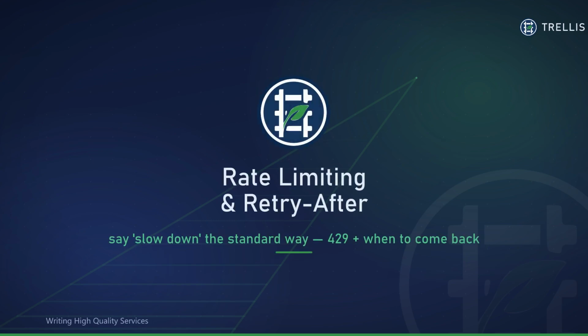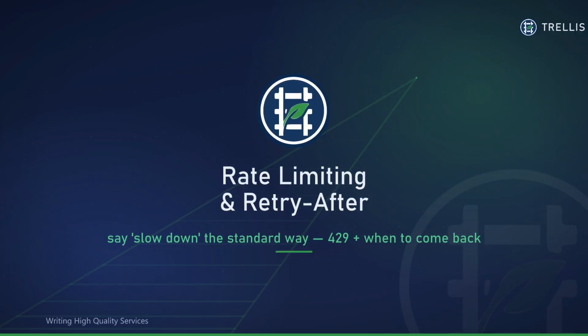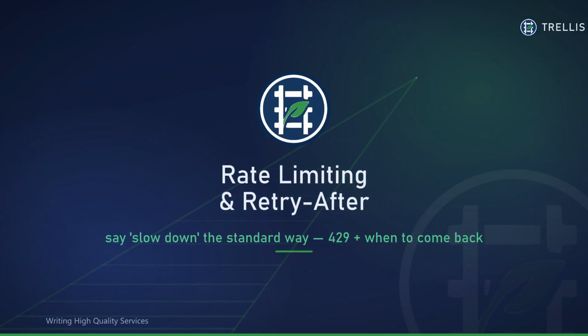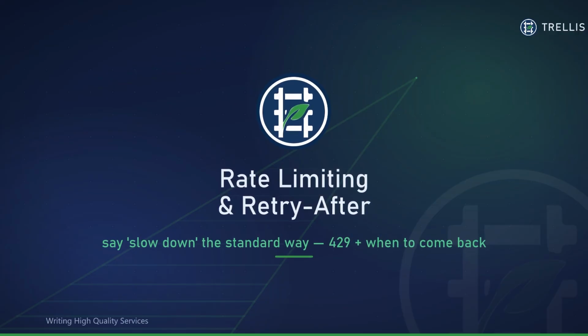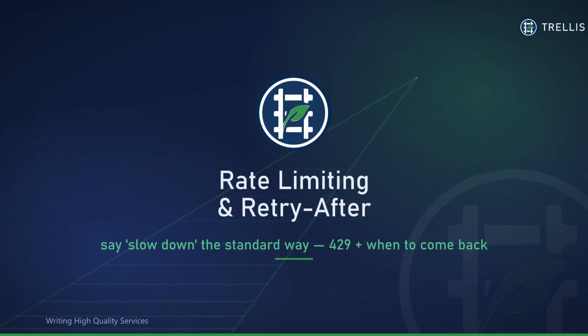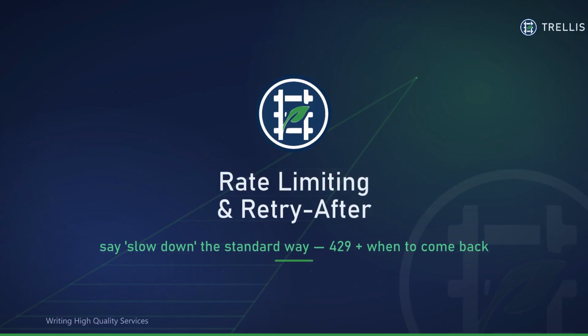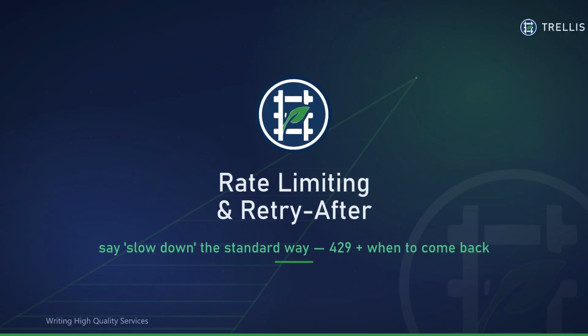A client starts hammering your API: a runaway script, a retry storm, an AI agent in a loop. You need to push back. But how you say slow down matters. Return a 500, and the client thinks your server is broken and retries harder. Return a 403, and it looks like a permissions problem. The standard answer is 429, too many requests, with a retry-after header that tells the client exactly when to come